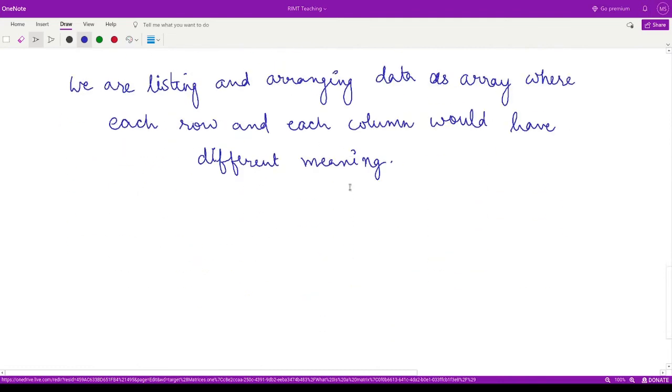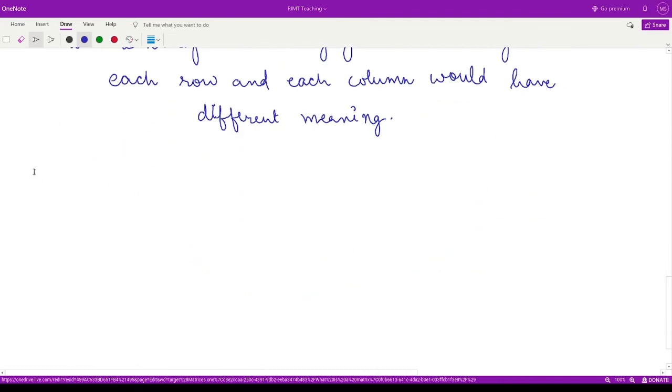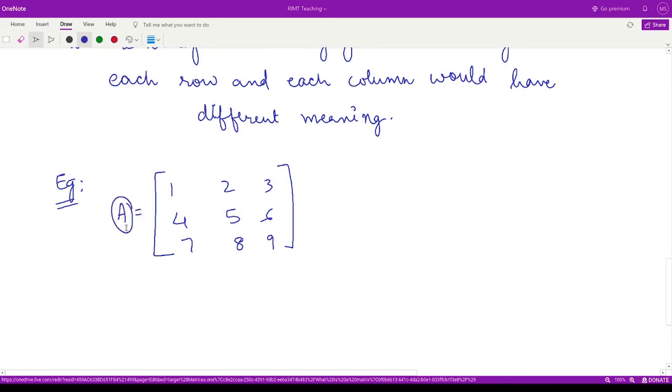The matrices that we are dealing with usually consist of, so for example, let me give you an example here. Say we have a matrix 1 2 3 4 5 6 7 8 9. This is one kind of matrix. I can call this matrix A. We usually represent any matrix with capital letters, and we use square brackets to denote the matrix, right? And all the numbers are listed like this.